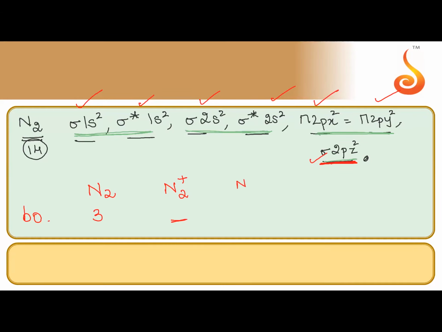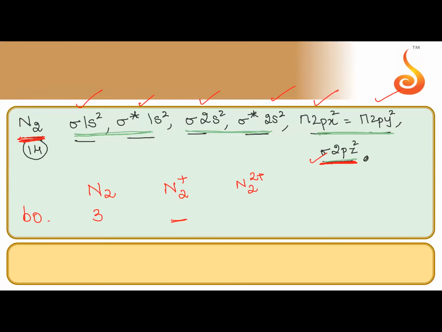And for N2 2 plus, once again, where are you removing the second electron? Also from bonding only. So bond order decreases further. This you can tell by imagination also. You don't have to write this. If you know N2 properly, then you can imagine the last orbital and tell this. This is a way to do it faster. Now we will also do it in the normal method.